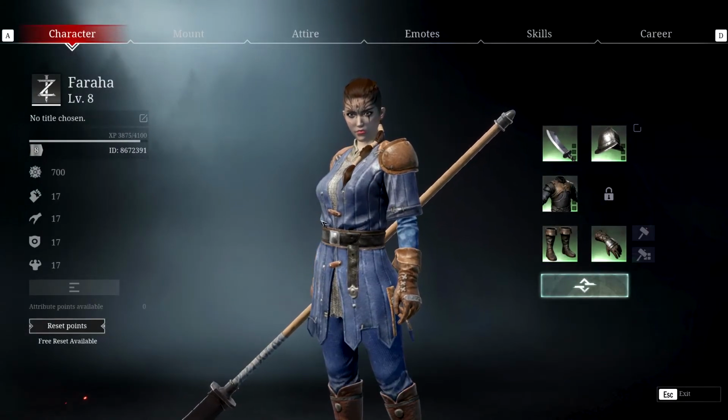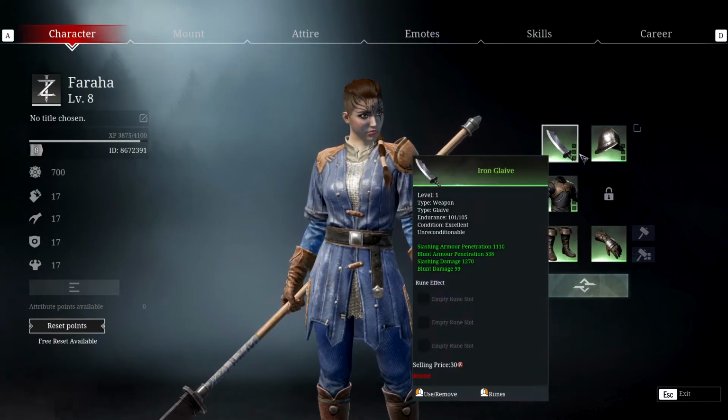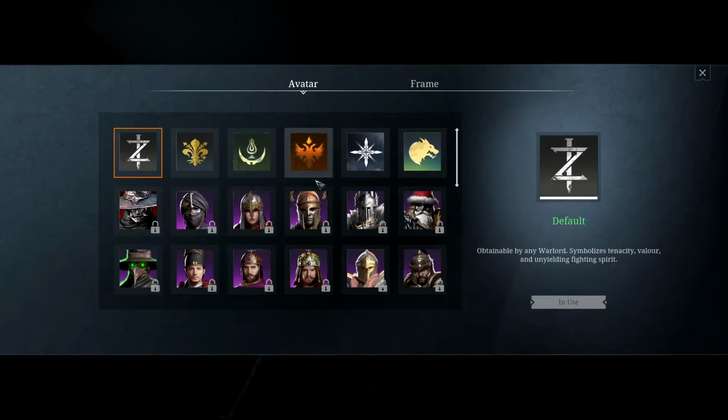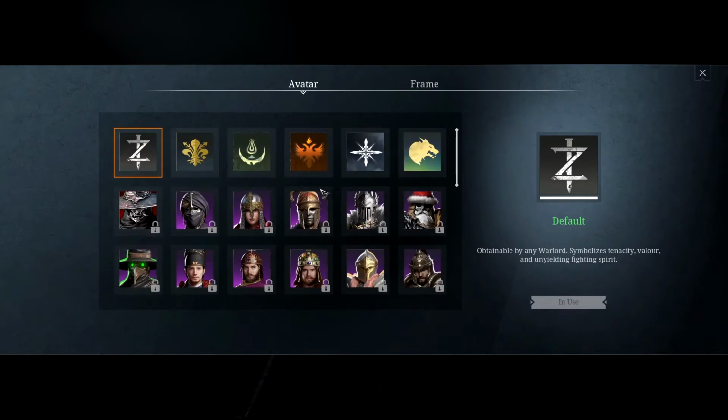Now the first thing you see, this is your character menu, where you will see your armor, your weapon, and a lot of other stuff. Now on the left side, the first thing you see, this is the new thing that came up in season 7. There are a lot of different avatars that you can choose. I will choose, let's say, this